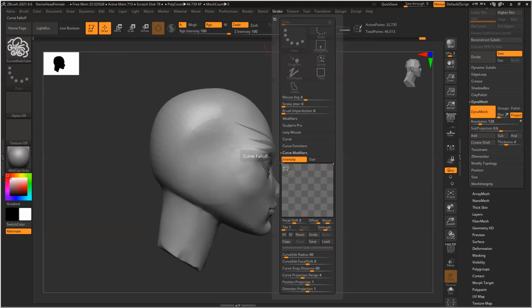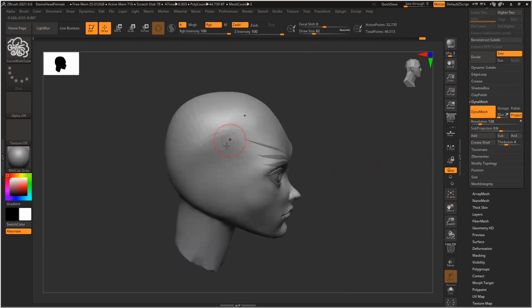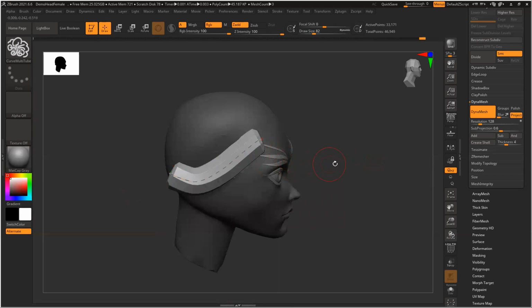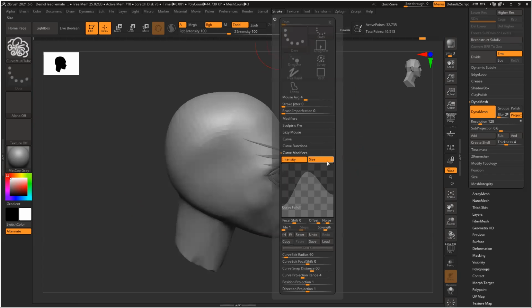So let's make it a little thin. Same thing. Oh, I forgot to switch on the size.